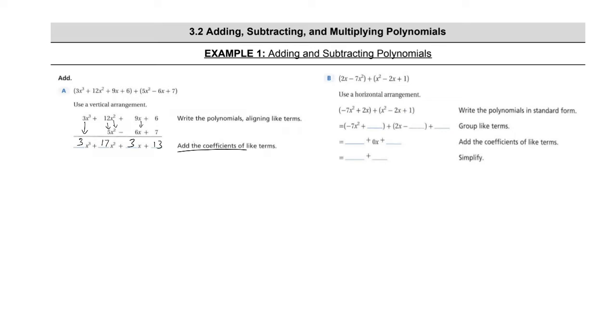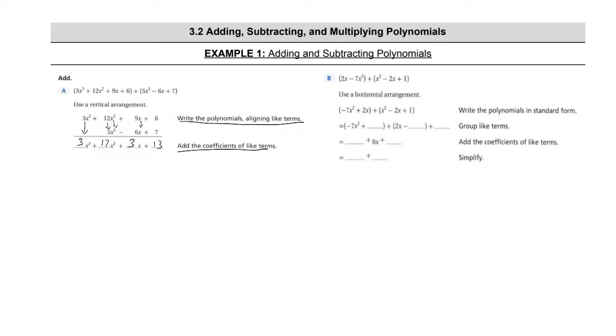So you just add the coefficients together. You write the polynomials, aligning the terms vertically, and then you add the coefficients together of each term and keep the terms as they are, like x cubed, x squared,